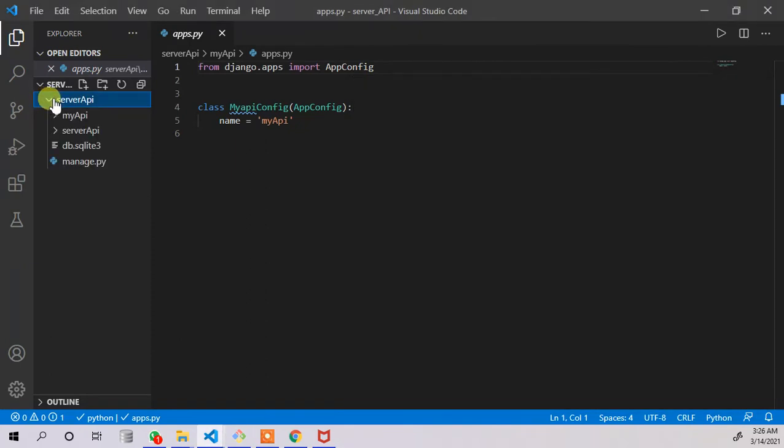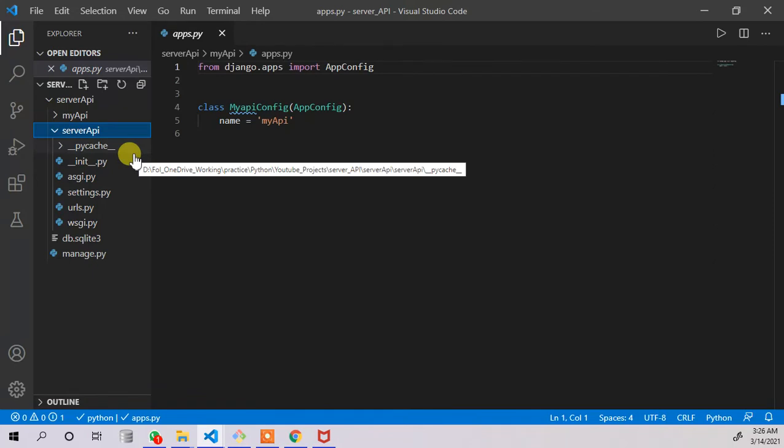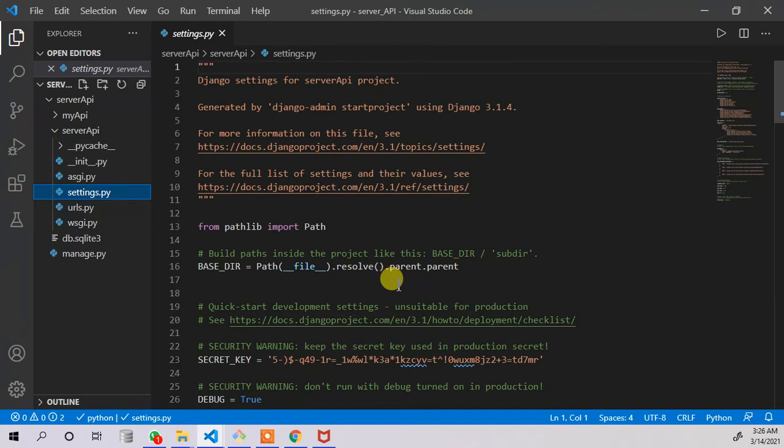In the main project server API, I have the main API, that's the server API. First of all, in settings.py, under your main API, not the API that you created, under the server API we have the file named settings.py.